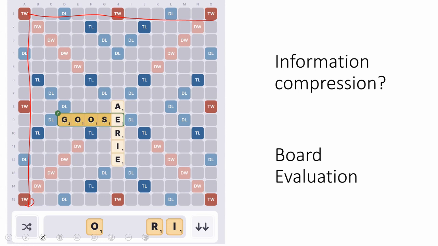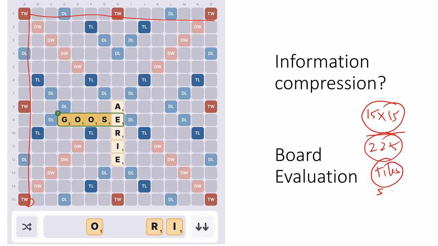अगर आप इंफॉर्मेशन के बारे में सोचें तो जो इंफॉर्मेशन आपके पास मौजूद है, उसमें से इंफॉर्मेशन दो हिस्सों में है। एक है स्टैटिक इंफॉर्मेशन। स्टैटिक इंफॉर्मेशन क्या है? स्टैटिक इंफॉर्मेशन इज दैट द बोर्ड इज ऑफ 15 by 15। ये स्टैटिक इंफॉर्मेशन है। बोर्ड में 225 स्क्वायर्स हैं, ये स्टैटिक इंफॉर्मेशन है। बोर्ड में इतने स्पेशल टाइल्स हैं या इतने स्क्वायर्स हैं। The board has so many squares, right? So this is also consistent. This information does not change.